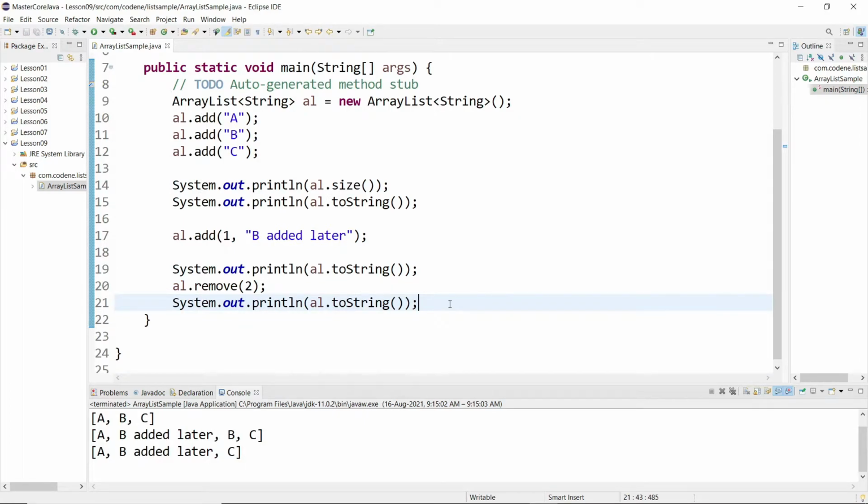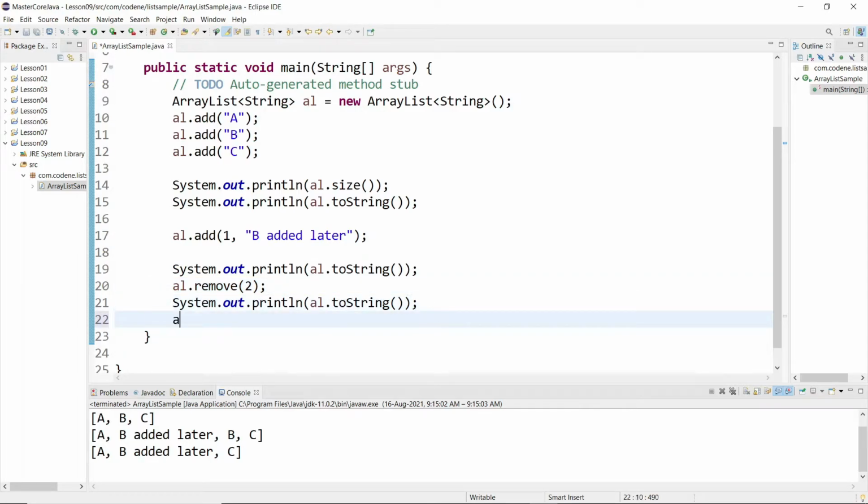When we run the code to remove the element at index 2 we are getting an output like this. Basically at index 2, counting 0 1 2 3, we had the element b, and the b element has been removed.